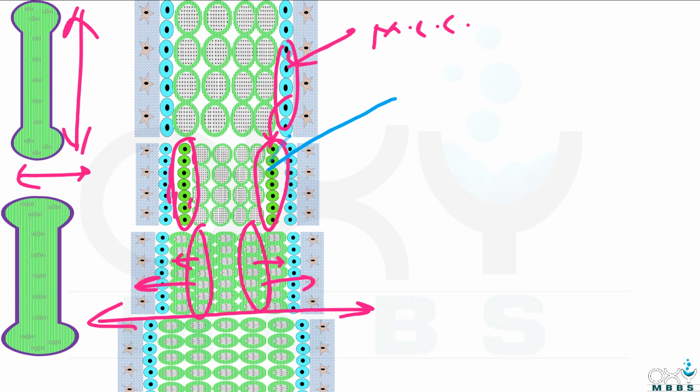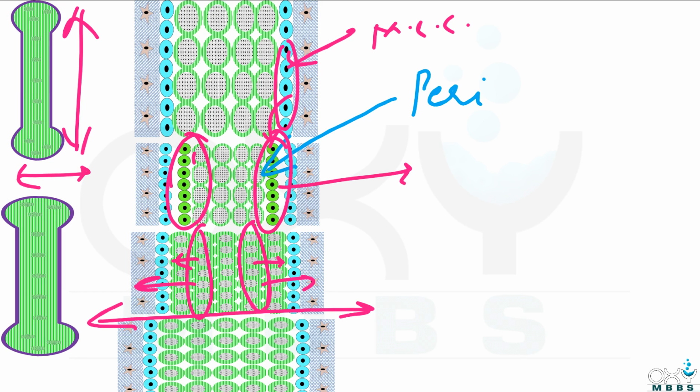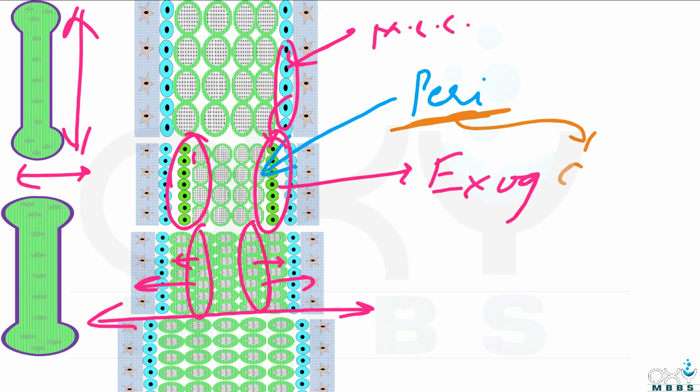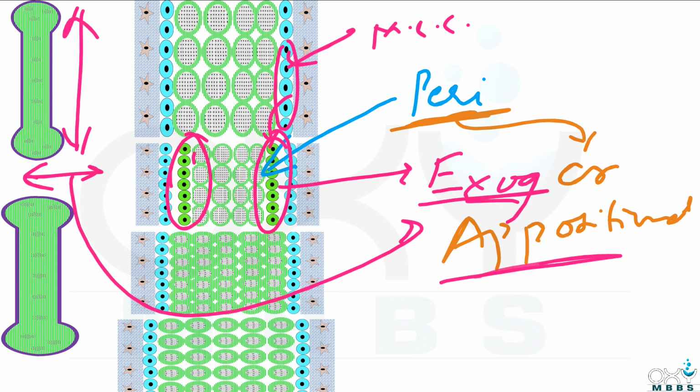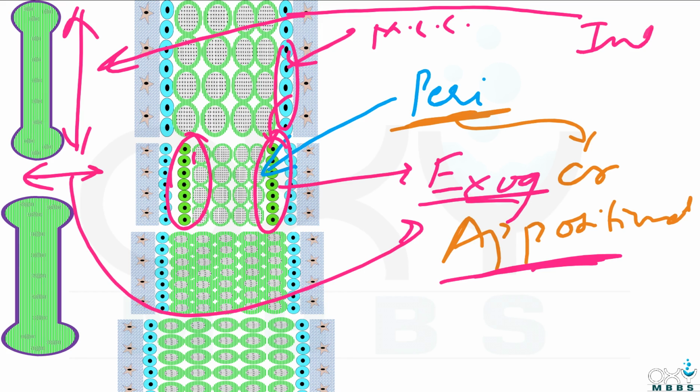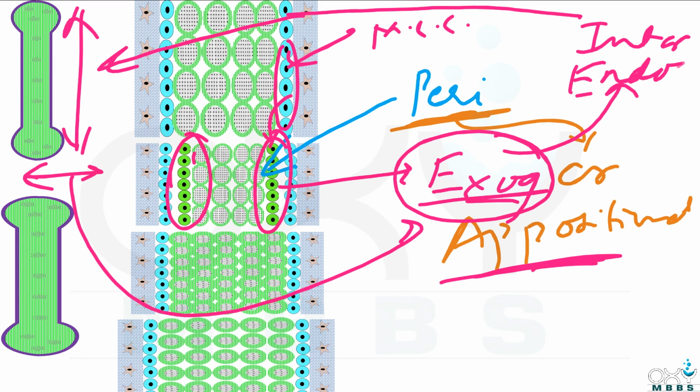As these chondroblast cells are present in the periphery, that is why growth in the cartilage model because of these cells will be called exogenous growth, and this periphery will remind you that exogenous growth is also called appositional growth. So width or thickness of the cartilage model increases because of this exogenous or appositional growth. But if we talk about the length, then it is because of interstitial growth. My dear friends, the opposite of exogenous is what? Endogenous. So interstitial or endogenous growth.